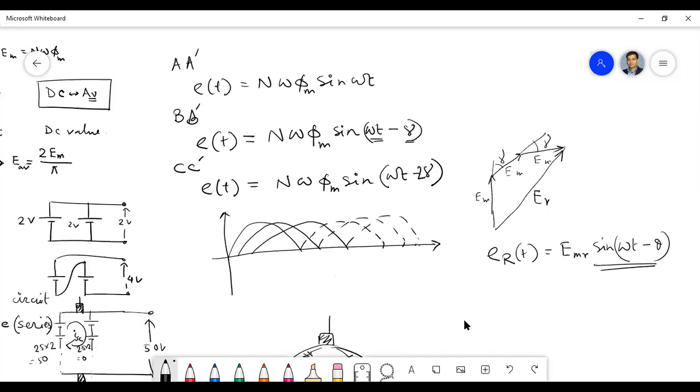Now if we determine the DC value of this, we'll get the same. But here what we are doing is first finding the DC contribution, or average contribution, of one coil. And as the DC value is just a value, it's a scalar quantity. It's not a phasor or vector quantity. It's just a scalar quantity, and we can algebraically add all the scalar quantities. We are taking help of that.